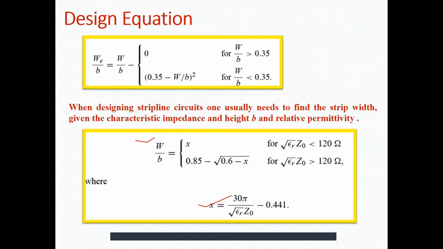And if the value of under root epsilon R Z naught is greater than 120, then the value of W upon B will be equal to 0.85 minus under root 0.6 minus X.